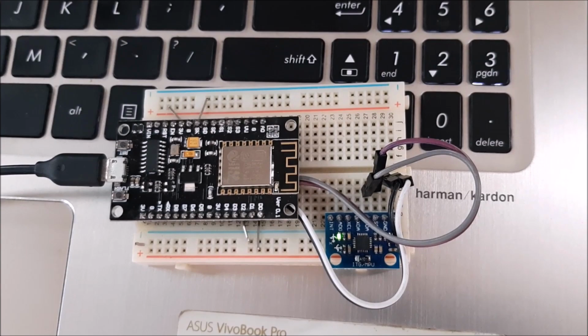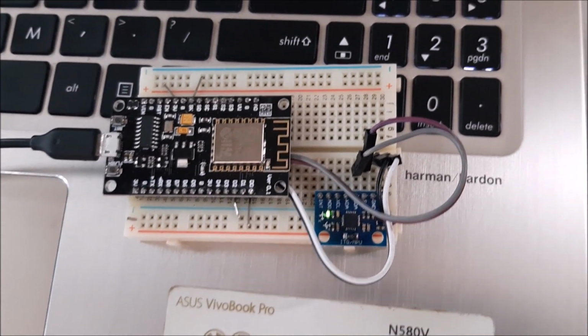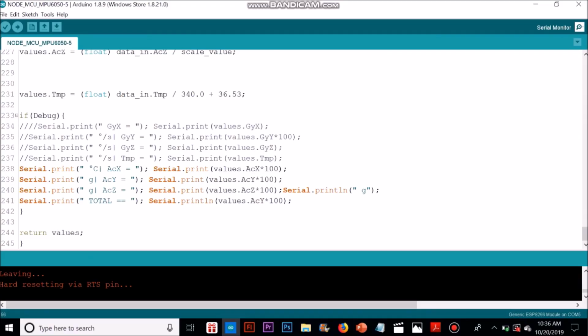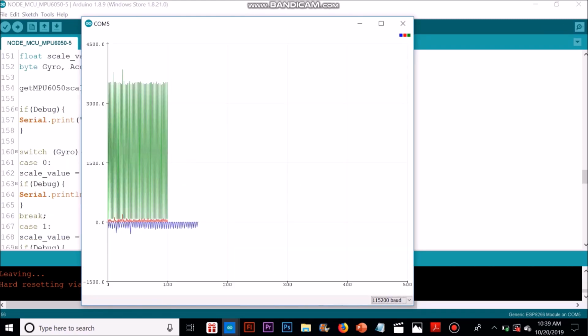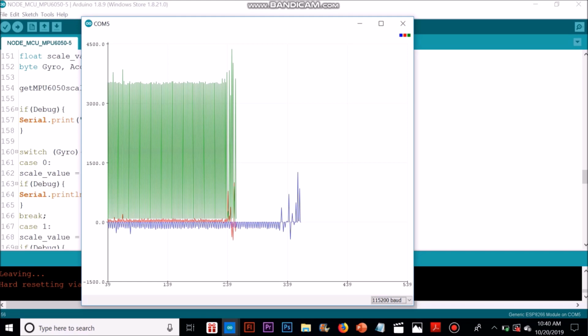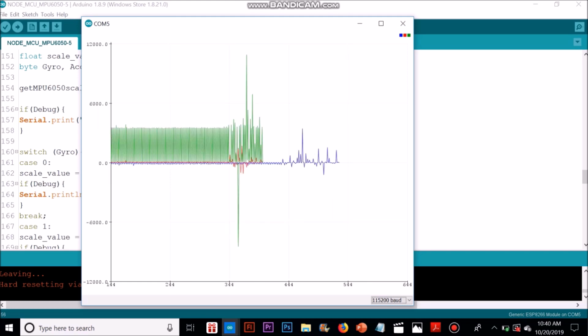This is our ground sensor, which will detect tectonic plate movement in X, Y and Z axis. We can also monitor the real-time data from the sensor. We can see the graph of the data received from the ground sensor. Now I am creating movement on the ground sensor, and as you can see, the graph is also changing according to the movement of the ground sensor. And this is how the ground sensor will detect any movement in the ground surface.